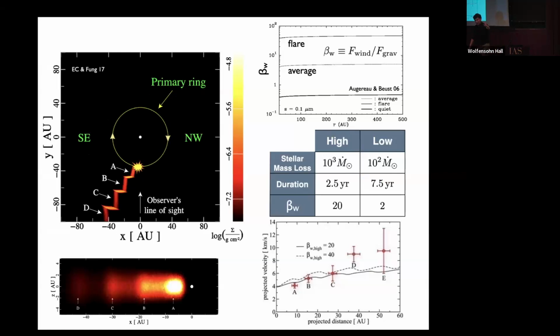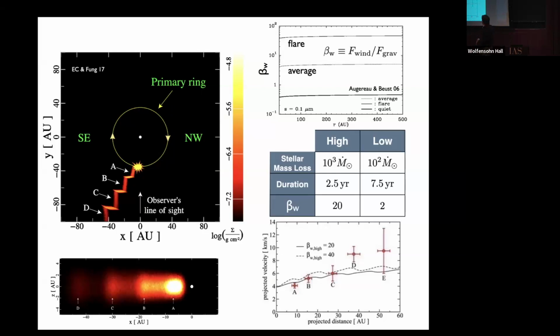We think what happened was there was a catastrophic collision there. Remember, that point doesn't move in inertial space, right? So it's a delta function source of dust. It happens to be located almost along the line of sight to the star. And this collision point is producing all this dust, and this dust, now I'm talking about the unbound grains, is streaming out, blown out, not by radiation pressure, but because it's an M dwarf, it has a strong wind. So AU-MIC, pre-main sequence M dwarf, strongly flaring in the X-ray.